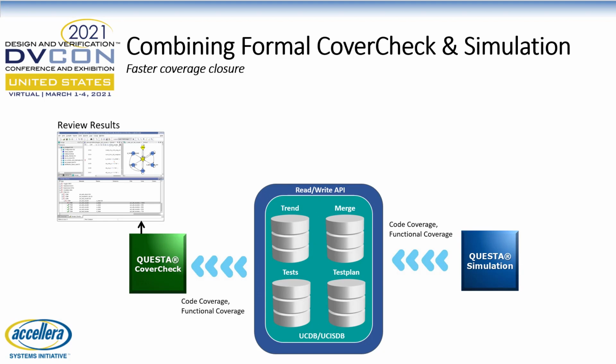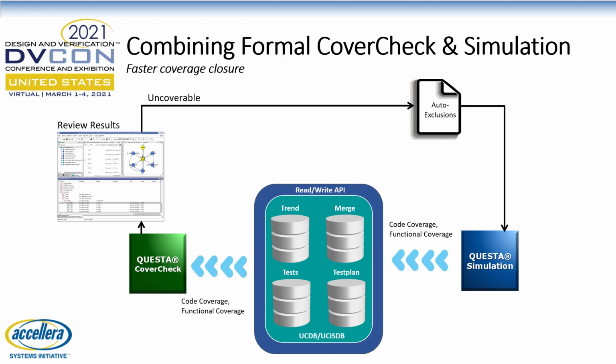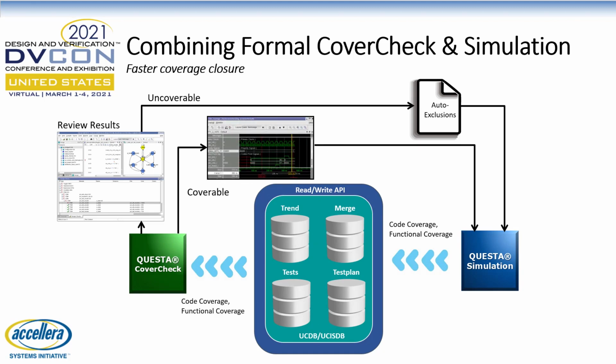Cover Check's formal analysis, which is automatic so you don't have to worry, will show you which holes are reachable and which are not. For those holes that are not reachable, Cover Check will automatically generate exclusions for those elements in your coverage so you don't have to worry about them anymore. For those that can be hit, Cover Check will generate what we call a witness waveform to show you how